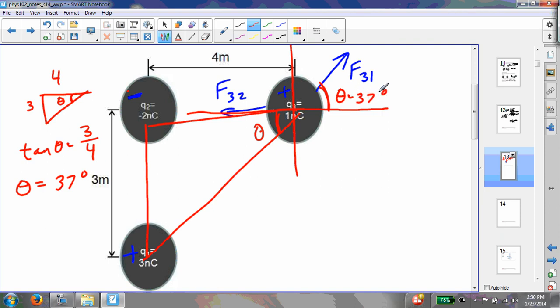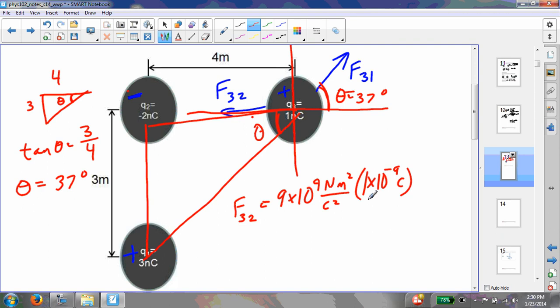All right, now let's go ahead and find the magnitude of F31 and F32. This is just applying Coulomb's law. So I'll write out F32, all the numbers to start. F32 is equal to K. K is equal to 9 times 10 to the 9th, but then newtons meters squared per coulomb squared. Let's see, F32, I'm concerned with Q3 and Q2. Now Q3 was 1 times 10 to the minus 9 coulombs, because it's 1 nanocoulomb, and nano is 10 to the minus 9. And Q2 is 2 times 10 to the minus 9